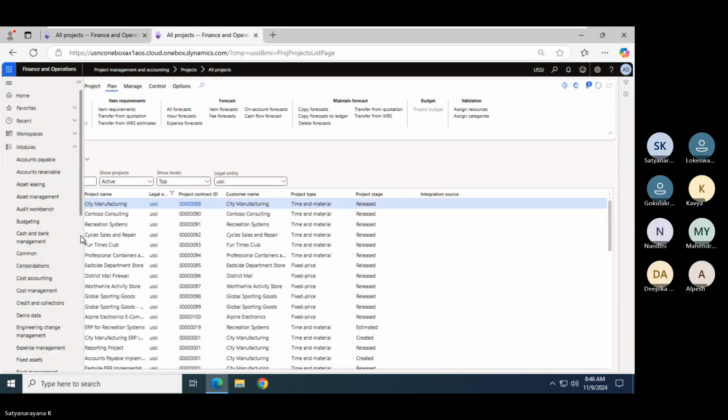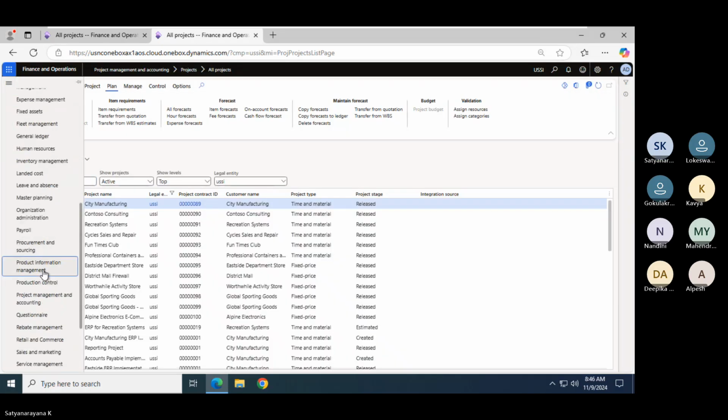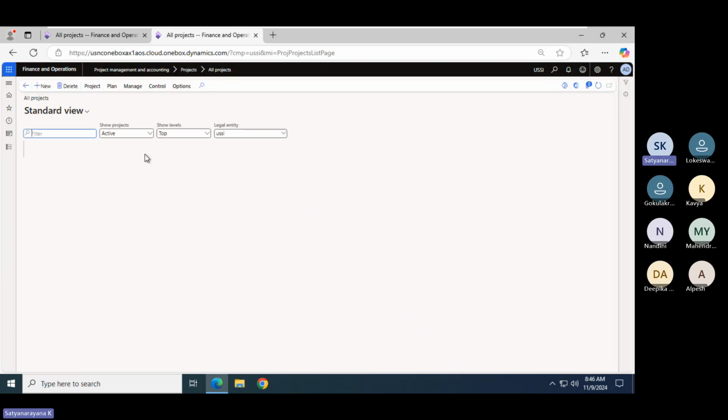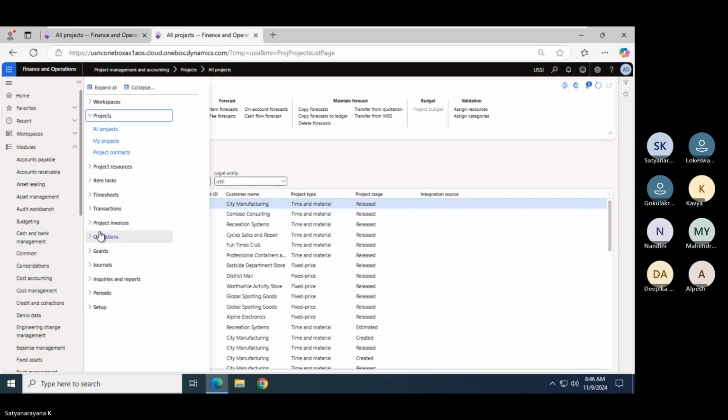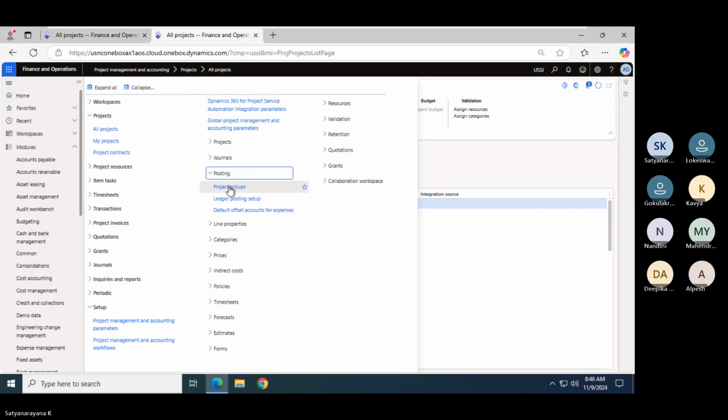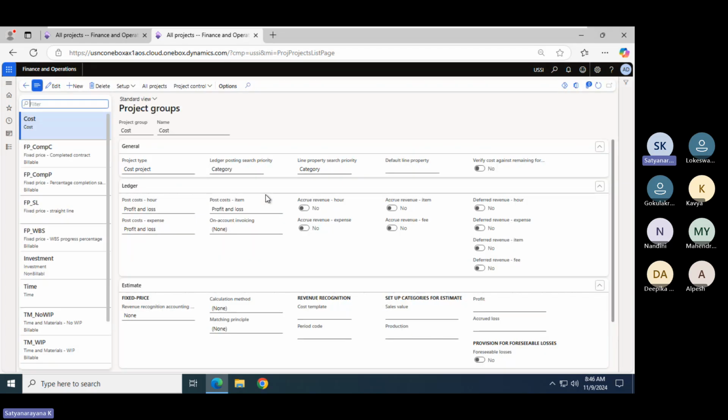So project management and accounting. Collapse all project groups. Setup, hosting, project groups. Here, if you look at this one,